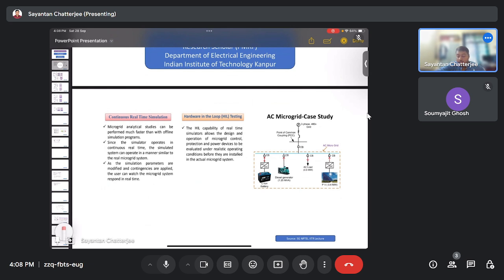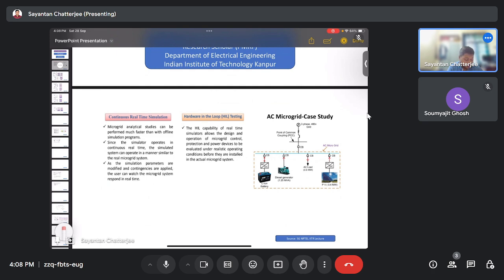So if the consumers are made much more sustainable by themselves, that would effectively cause some advantages to the grid utility people. So that's the major aim why we are trying to implement these microgrids and test their